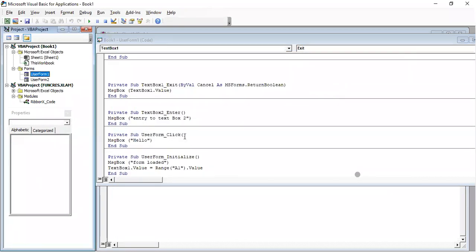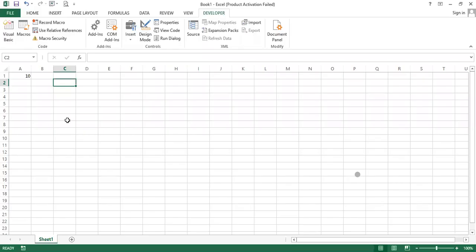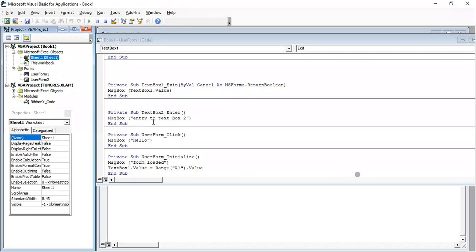From text boxes or from the user form, you can take values and put them back into Excel. Or you can read data from the user form and do further processing. Whatever we want, we can do all those things. So this is the basic idea on user forms, how to create a simple user form, user interface.